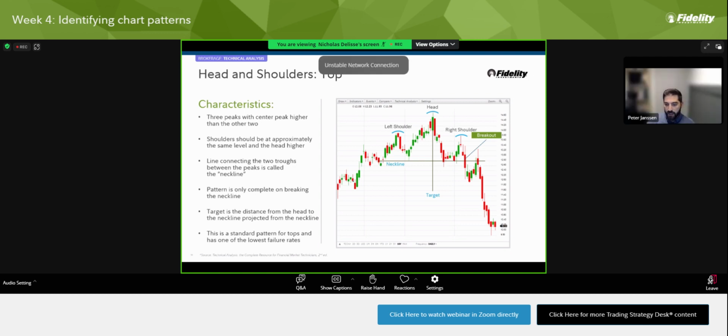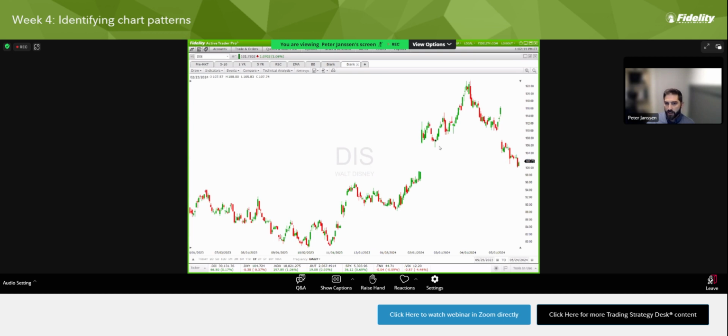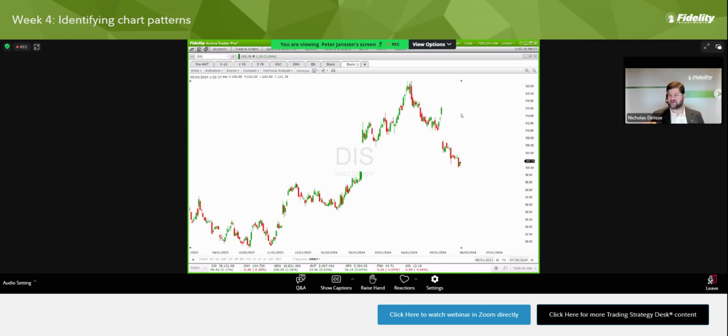There's a handful of patterns on real life charts. If you've got one, feel free. I think maybe AMD is one. Disney, I know, is one, Nick, that you and I had looked at not too long ago. So if we're thinking about this, something I want to point out real quick with Disney is while on the slides we did